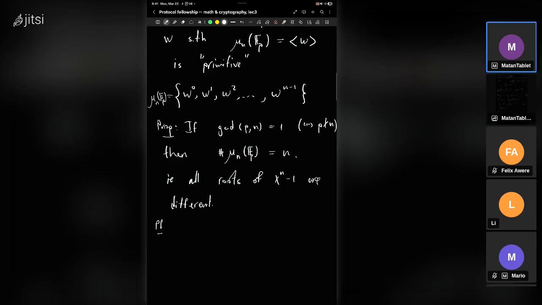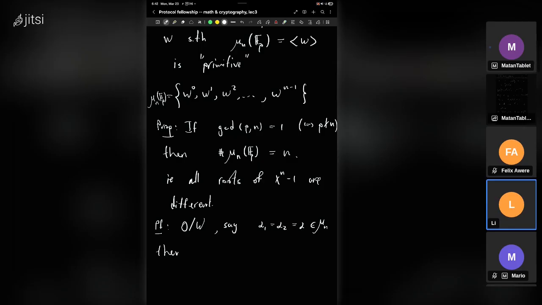And a proof sketch. Otherwise, if I had two roots of x to the n that are equal, say, because it could happen for general polynomials, say alpha 1 equals alpha 2 equals alpha in mu n, then I could write x to the n minus 1 as (x minus alpha) squared times some other polynomial g(x), i.e.,